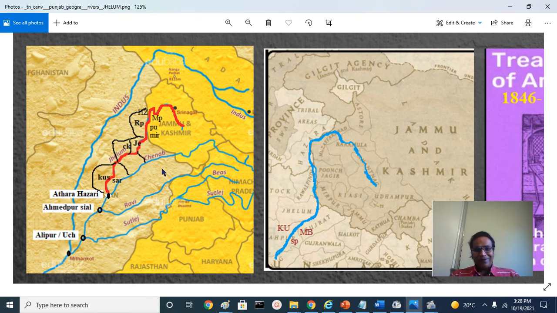Now, what are the districts the Jhelum River separates as it winds from Verinag to Jhang? This is the river. As the river goes here, this is the right hand side of the river, this is the left hand side of the river. On the right hand side, it separates the Hazara region. This is called Hazara district. It includes Mansehra, Abbottabad and Haripur and Balakot, those places. And Rawalpindi district from Muzaffarabad district and Poonch district and Mirpur district of Maharaja Gulab Singh's territories,